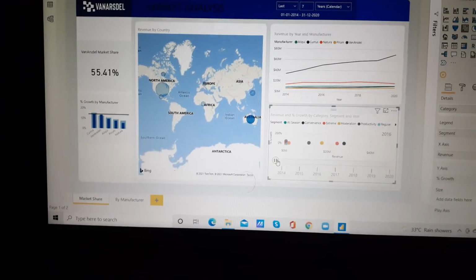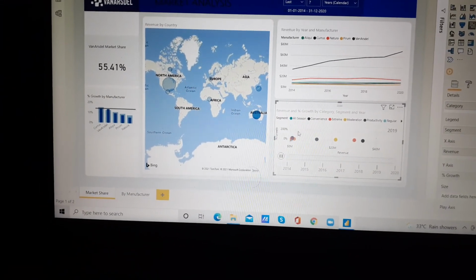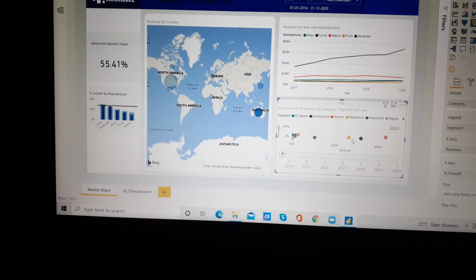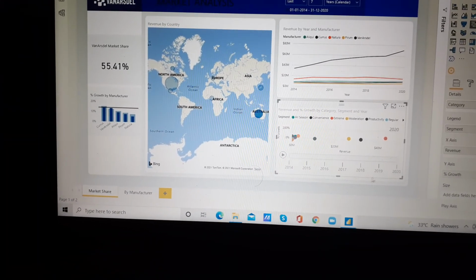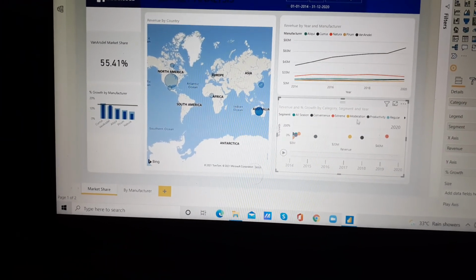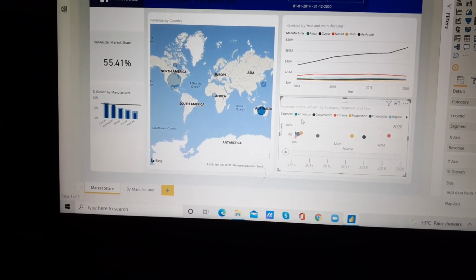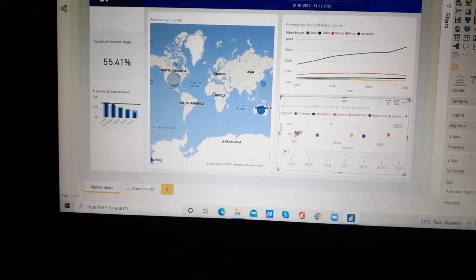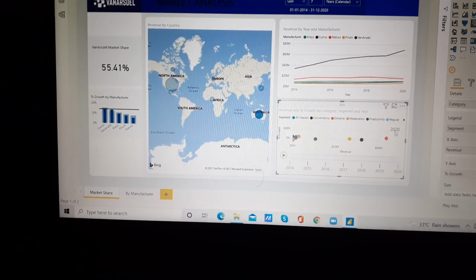If I click on that, we can see how the data changes, right? Year wise it's showing the revenue, the segment and category wise revenue, and product wise also.